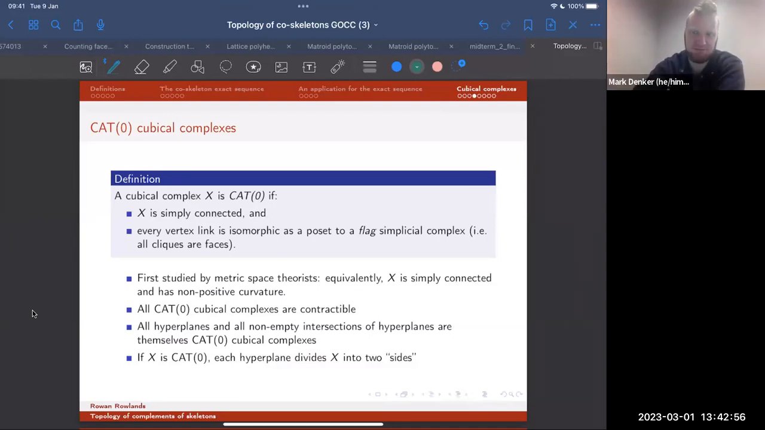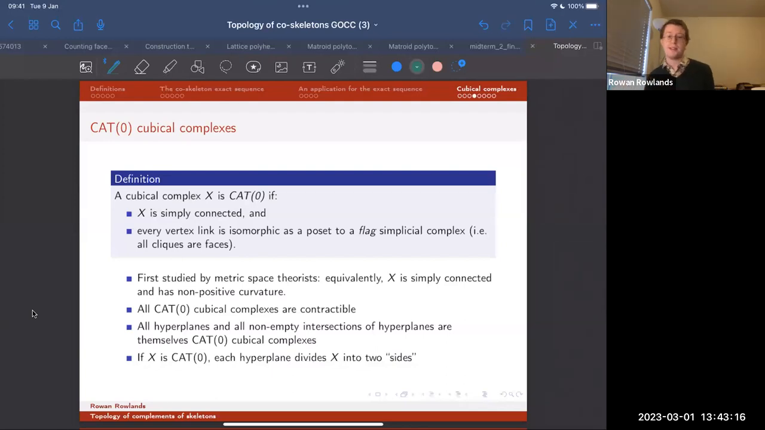But again, for cat zero things, that doesn't happen. You don't get self-intersecting hyperplanes. In general, hyperplanes can do really weird things, but for cat zero things, they're really nice. Yeah, good question. Oh yeah, one other thing I wanted to mention here, cat zero cubical complexes aren't just studied